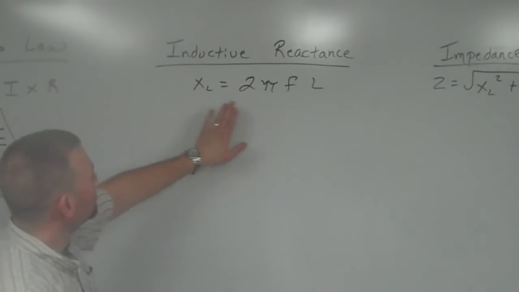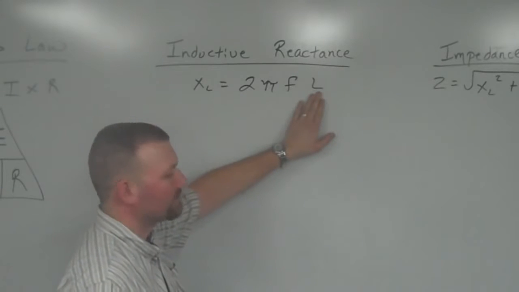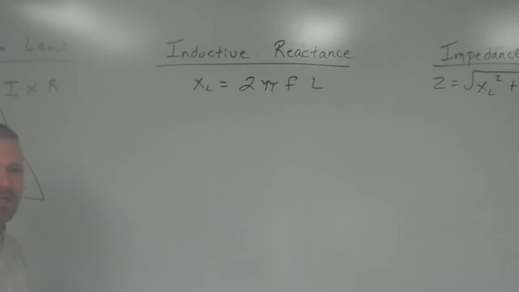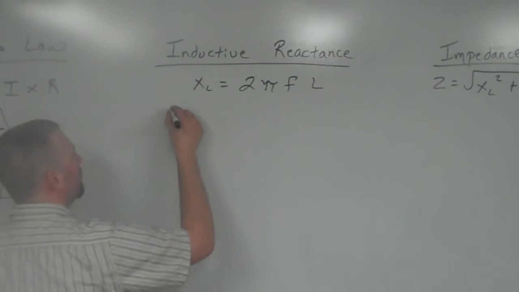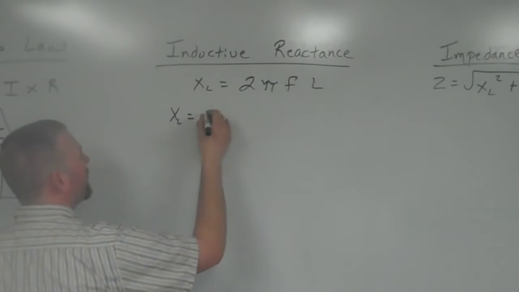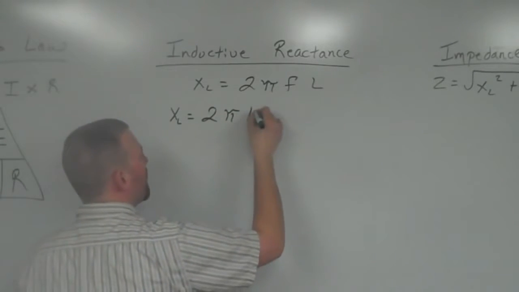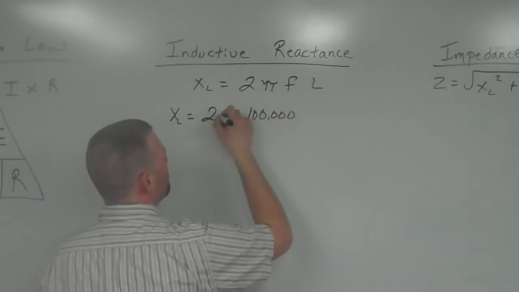That's inductive reactance. That's going to equal 2 times pi times the frequency of our test times microhenries. This microhenries is a given value for a specific material. That's the resistance value that's already there. We're going to multiply all those across to figure out an inductive reactance value and what that value is going to do for us. So, X sub L, or inductive reactance, equals 2 times pi times the frequency of our setup, which is 100,000 hertz, times